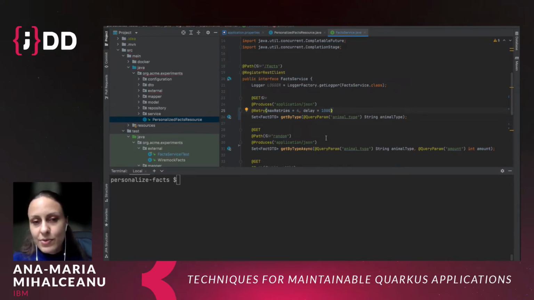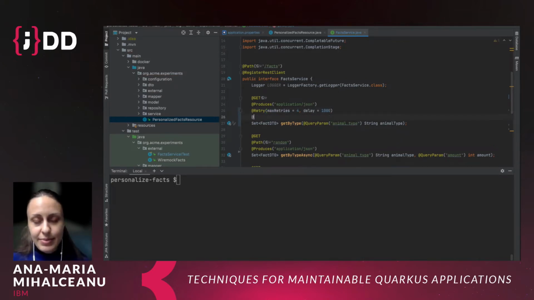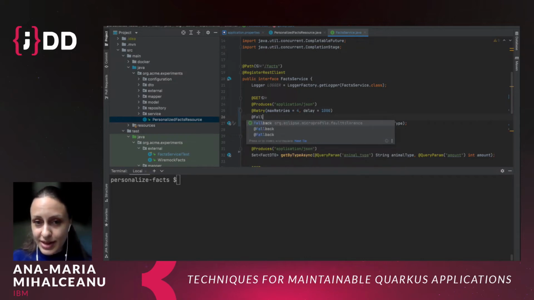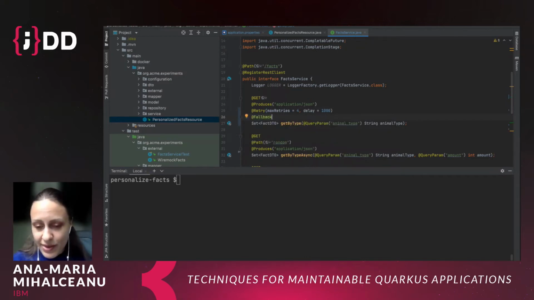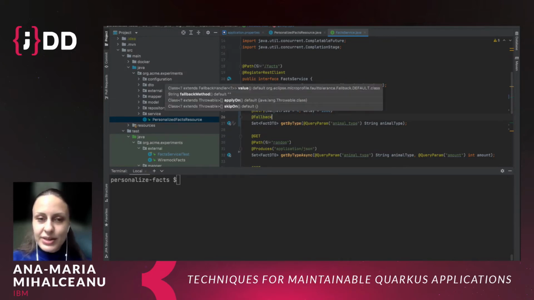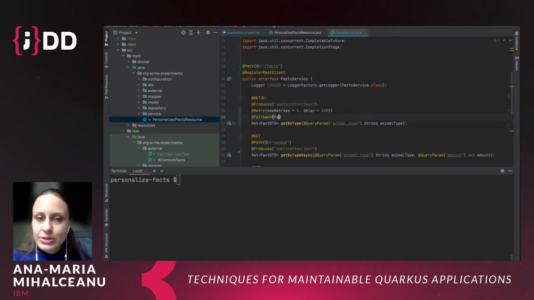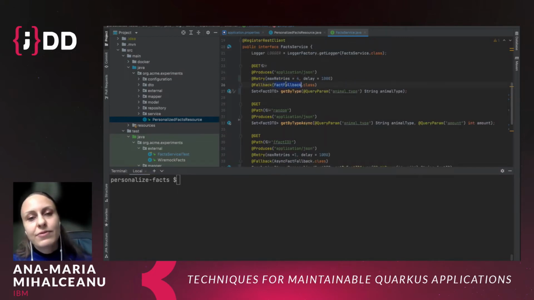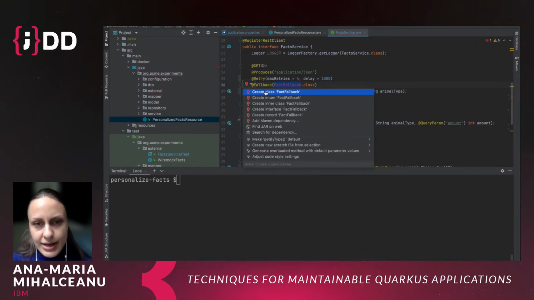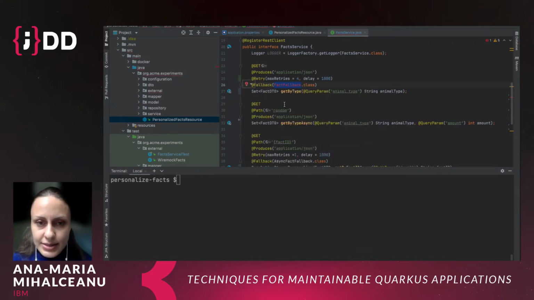You can do this for microservices and do the retries. But if things keep on failing, and this has happened to me, and this is why you're going to find this example in the repository with the annotations, I also add a fallback because I want to be able to give my users a response. So I just annotated with fallback and created the fact fallback class. In the fact fallback class, I don't need to define it externally. I can create it inside